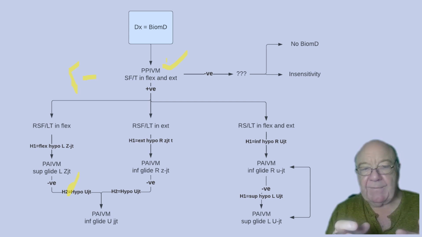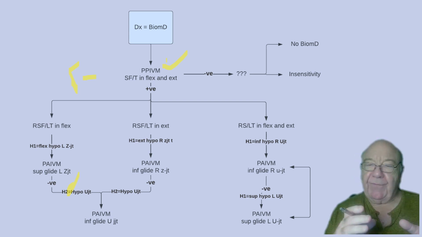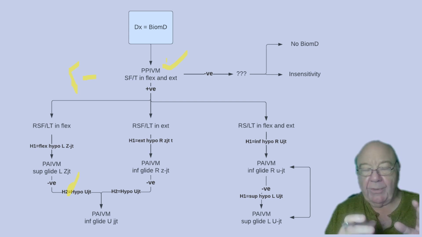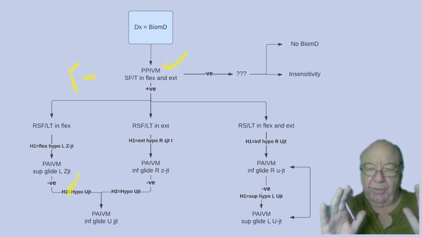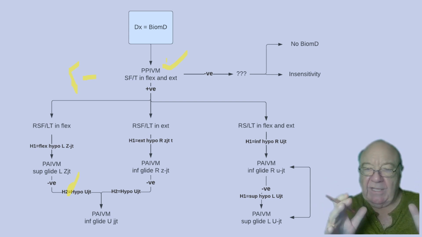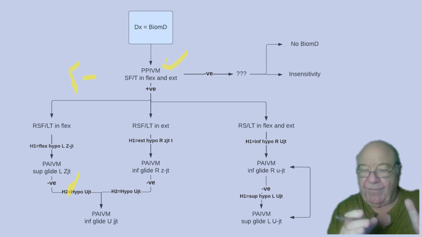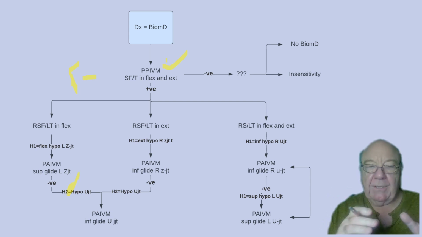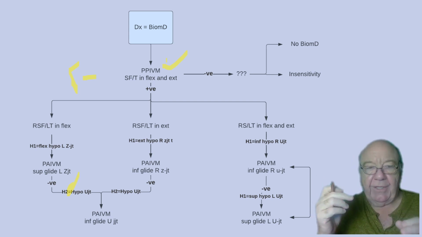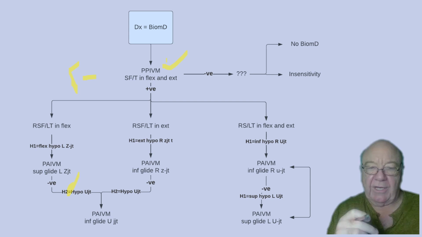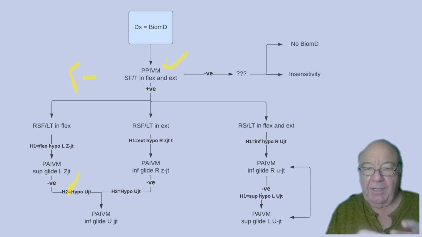Now, this can happen if the uncovertebral joint is anomalous or if it's degenerate. Then when I flex, I can actually disengage the uncovertebral joint a little bit, simply because it's more posterior on the vertebra. So if I disengage it, I'll only get it positive in flexion and not necessarily in extension. So we can then check the glides for the uncovertebral joint, which consists of an inferior glide on the right side and a superior glide on the left side, and H3 may